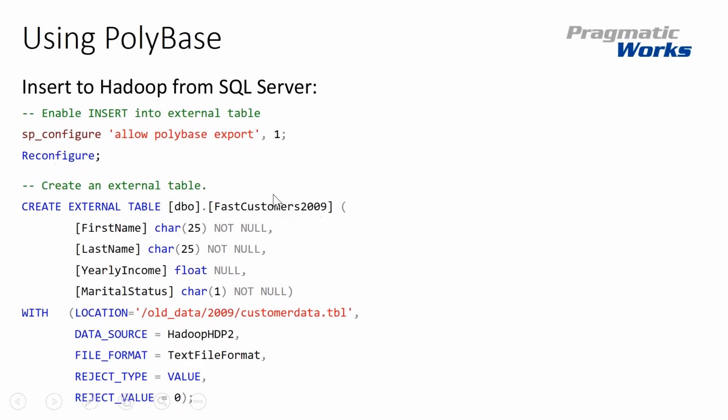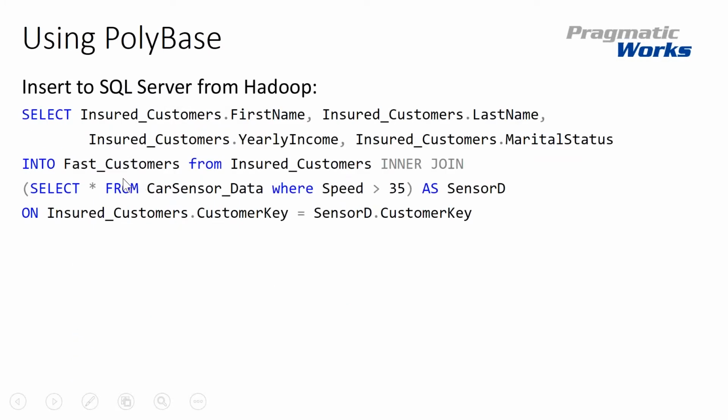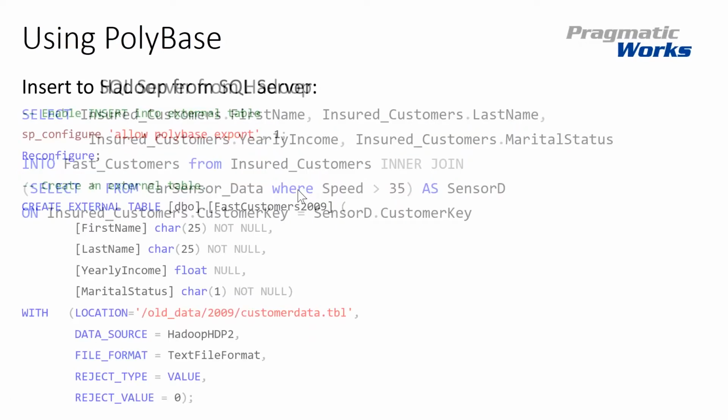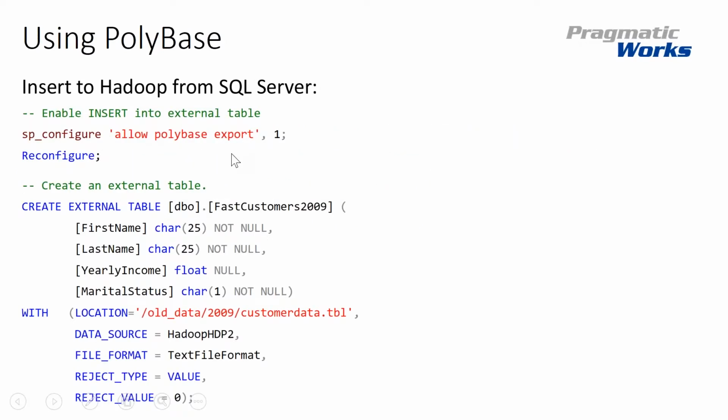You can insert to, oh, sorry, I had that backwards, sorry. This would insert to SQL Server from Hadoop. This one would insert to Hadoop from SQL Server. So the important thing here is make sure that the allow Polybase export is turned on, and make sure you hit the reconfigure after that. So you can create your external table, point to that location,